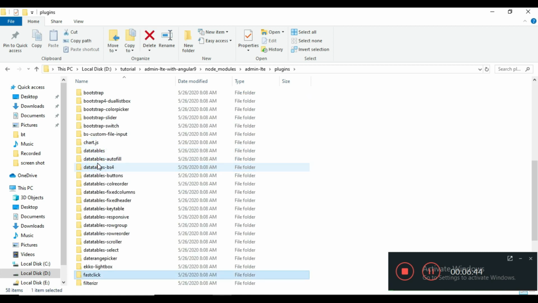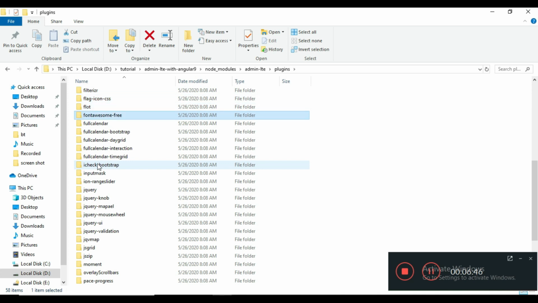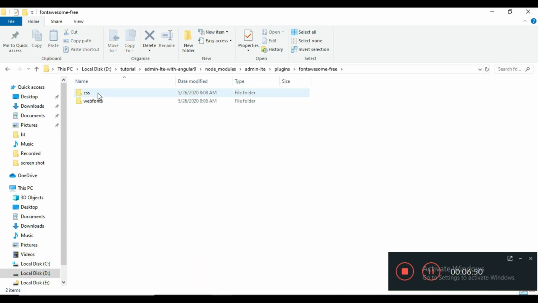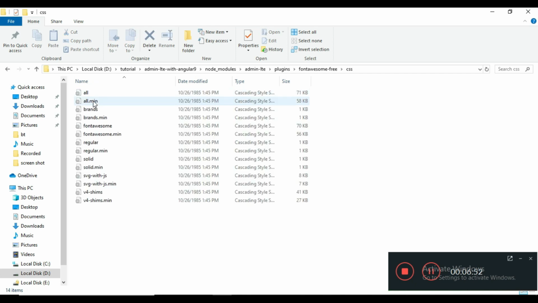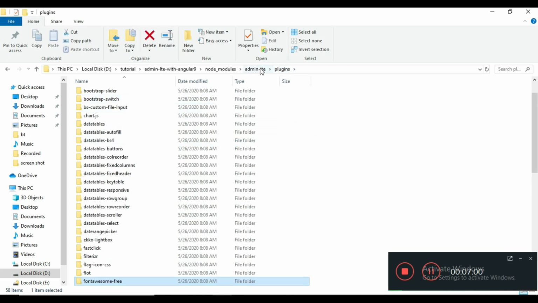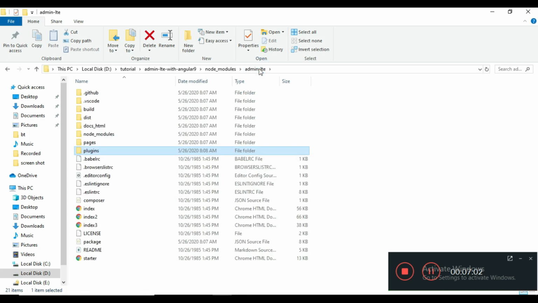So fontawesome-free, css, then all.min. Similarly you can find all the files here in the plugins and dist folders.